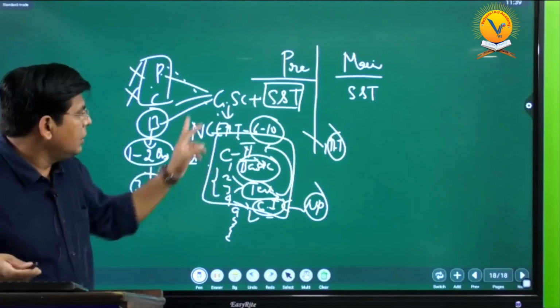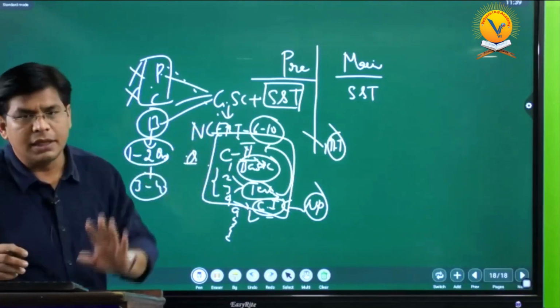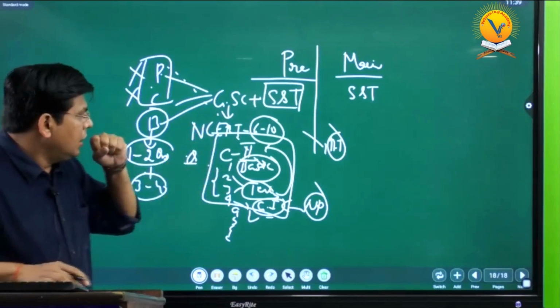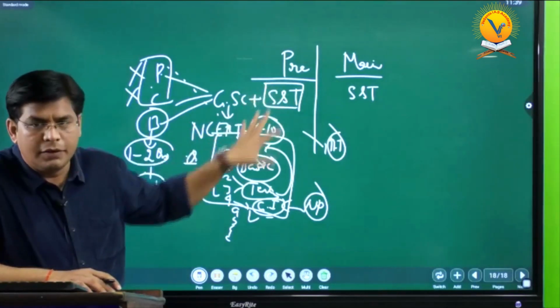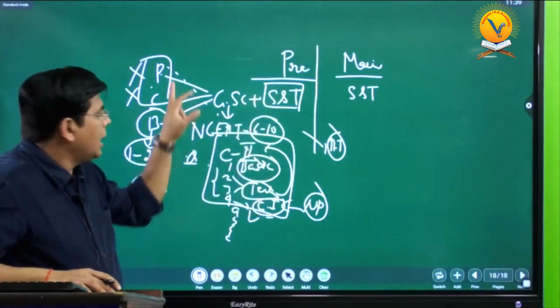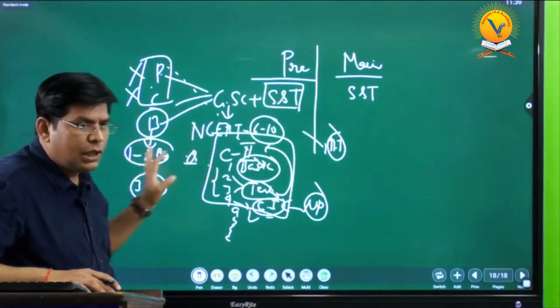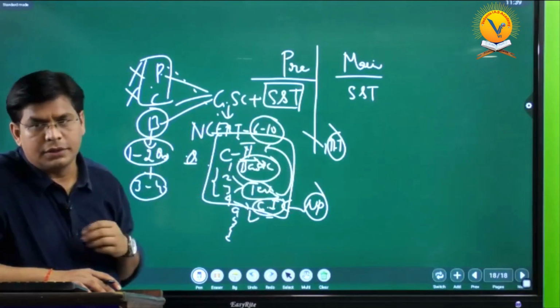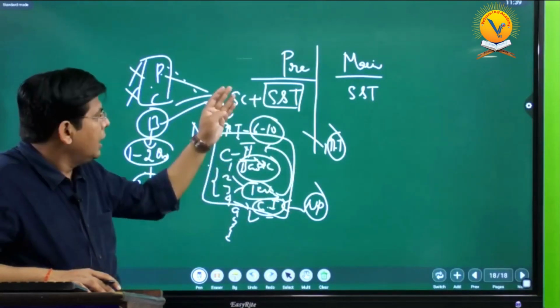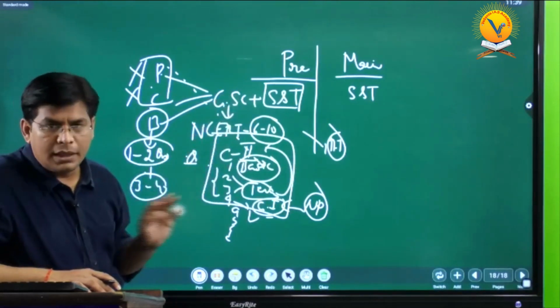So I think the pattern regarding prelims is very clear to you. That is, 15 to 18 questions you will be getting from this. No direct question from physics and chemistry. Biology, 1 or 2 direct questions, along with the questions on technology. This point is clear. Any doubt in this regarding the pattern?